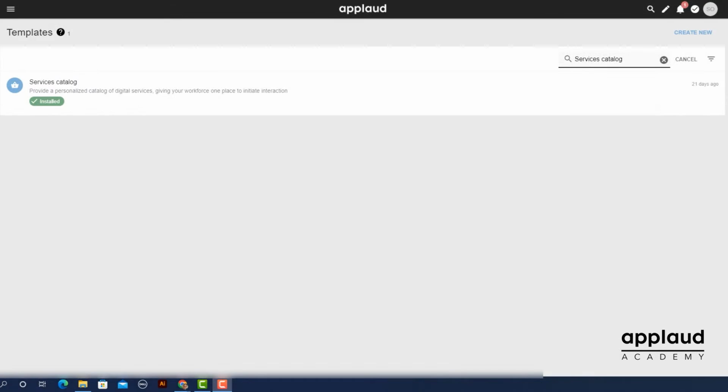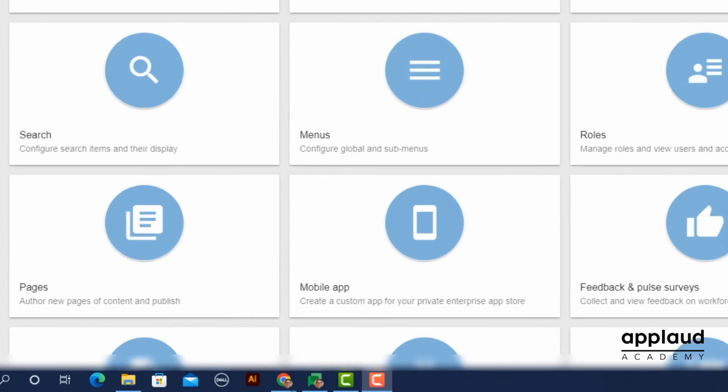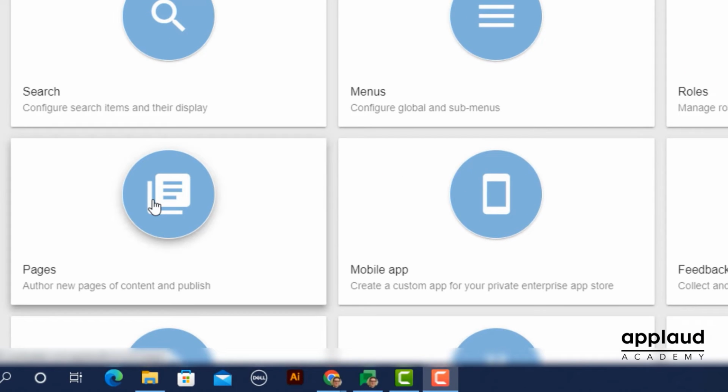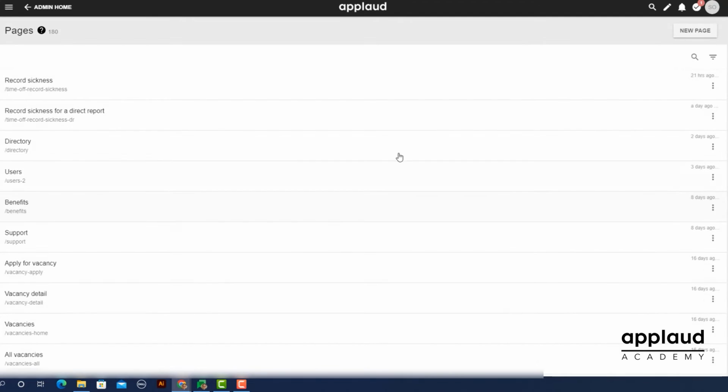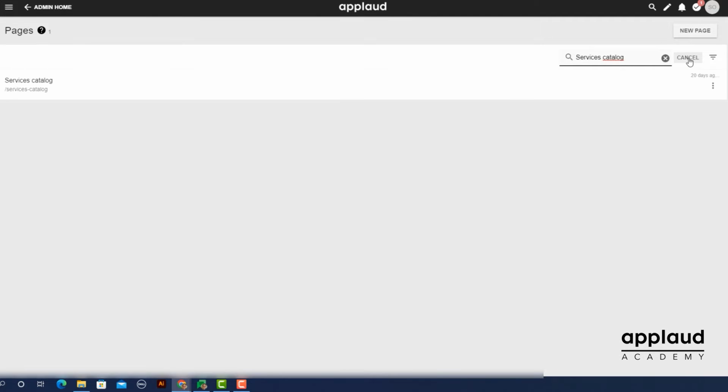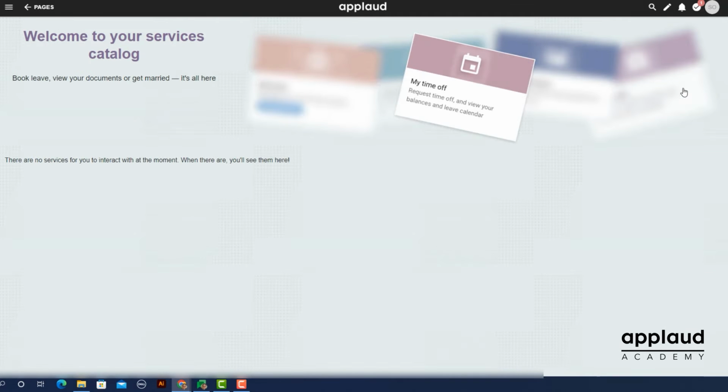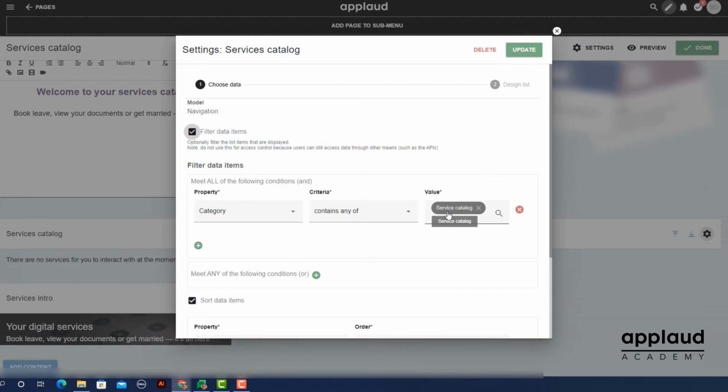Once the template has been installed, head to the Pages section from Admin Home. Locate and select the Services Catalog page. The page contains a list block with a filter to only display navigation items with the Service Catalog content category